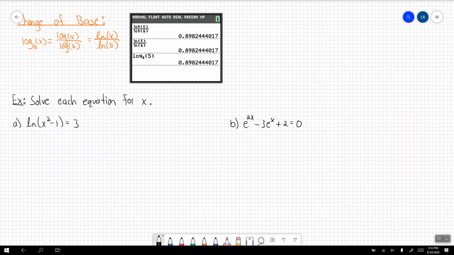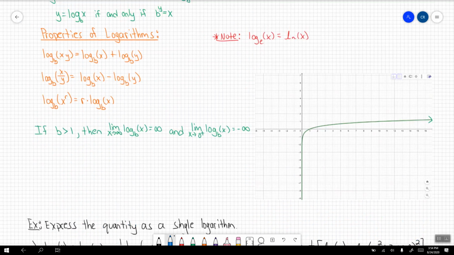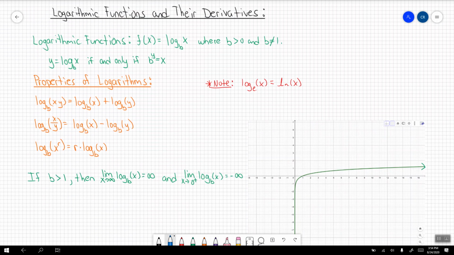So let's go ahead and try to figure out what values we're going to need to solve these equations for x. Now, using the properties that we were looking at earlier, I want to use the inverse operation here. So I'm going to raise both sides to the power of e, or if you want to think about it differently, all we're doing is applying this logarithmic definition that we talked about at the very